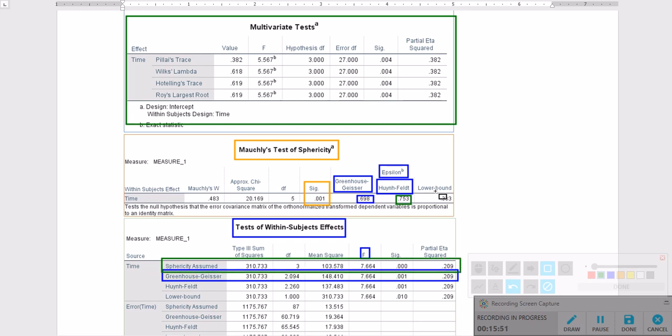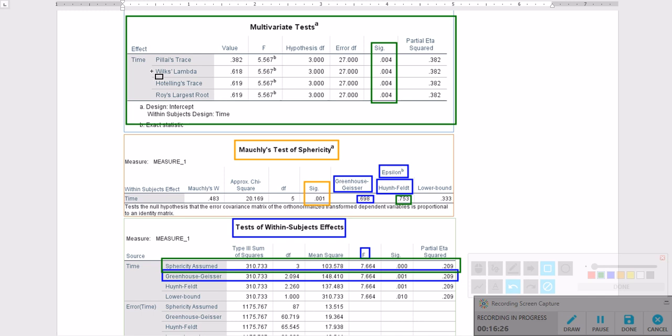In my case, interestingly, the sig is quite the same, because it indicates that there is a significant difference across time in the variables we're measuring. And similarly here, we see that there is a significant difference. Now, if you want to stick with the results of our multivariate tests, which I recommend,